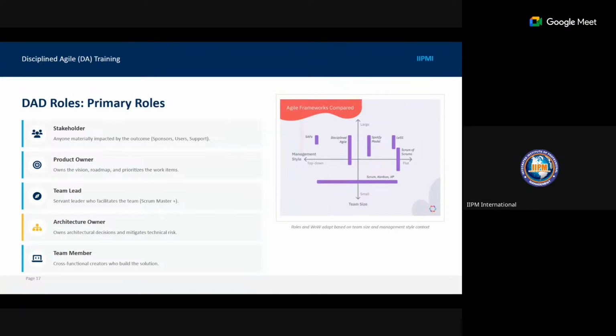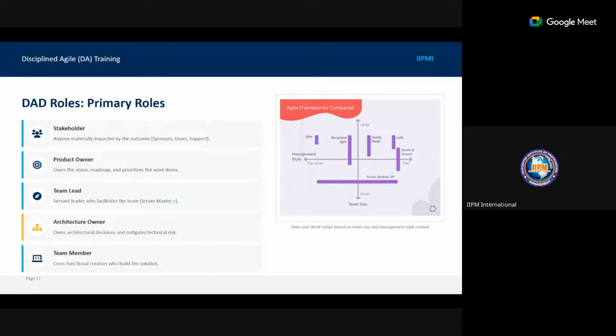Examples are the sponsors, users, and support. Then you have the product owner, who remains the product owner. He owns the vision, the roadmap, and prioritizes the work items. The team lead is the servant leader who facilitates the team, for example the Scrum Master. Then you have the architecture owner, who owns architectural decisions and mitigates technical risk.